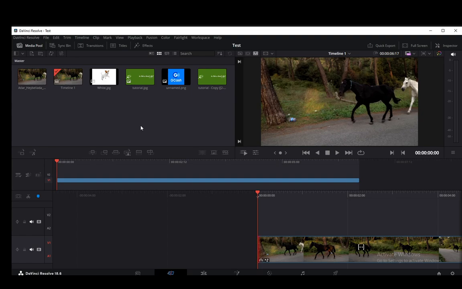In this video, I'm going to be showing you guys how you can apply LUTs into your videos in Davinci Resolve. So let's get right into it. Now, LUTs are basically just color grading presets, which you can easily use to change the color grading of your